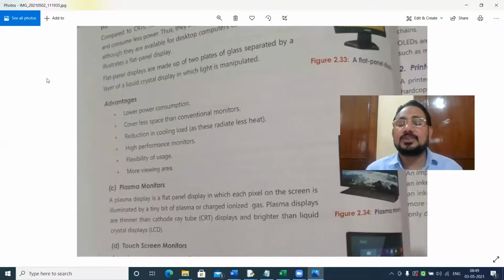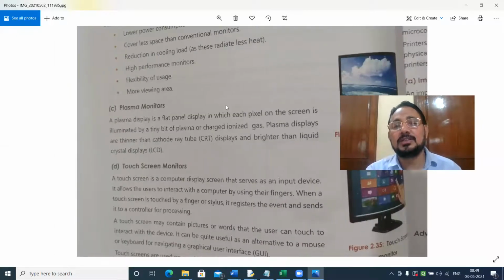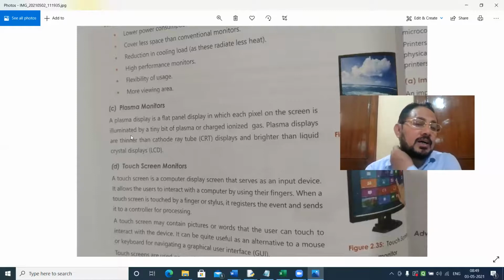Lower power consumption is an advantage, they cover less space, reduce the cooling load, and offer high performance, flexibility, and more viewing space. Then one more is there, that is plasma. A plasma display is a flat panel display in which each pixel on the screen is illuminated by a tiny bit of plasma or charged ionized gas.